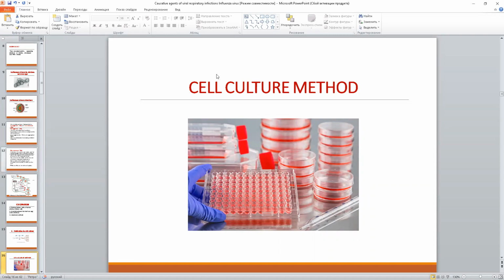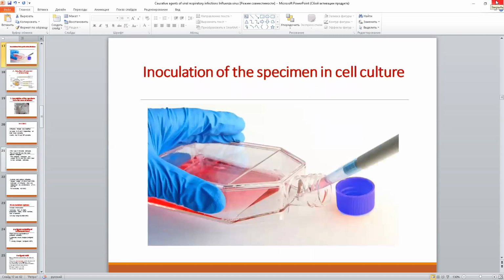And inoculation of the specimen in the cell culture is done. We should place the cells on this bottle, and then we should place some specimen. Before inoculation, we had to examine by light microscope, and we had to see the monolayer of cells. And after inoculation of the specimen, we should again examine this cell culture to find some changes